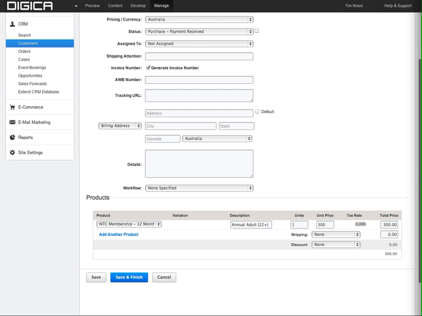let's just see the record if Paul got the discount. So Paul didn't get the discount. It seems he paid $300. If he did get the discount, we can apply it here by clicking on that, and you can see the discount is then applied. He didn't, so we'll leave it at $300, and